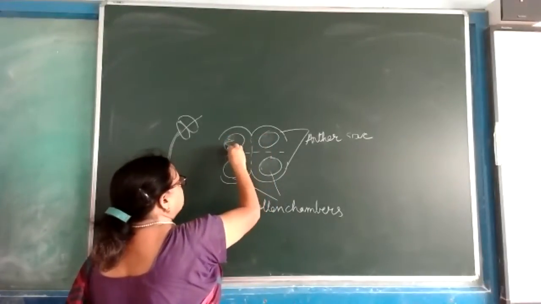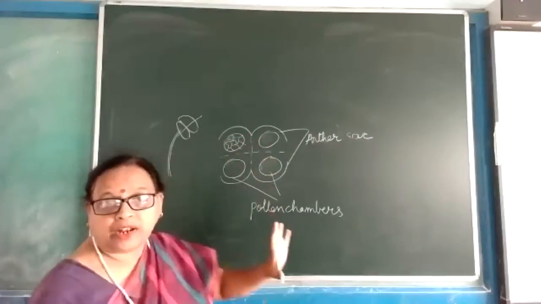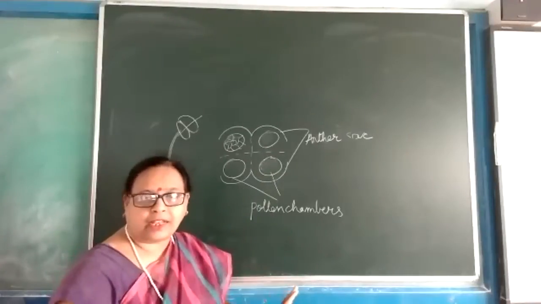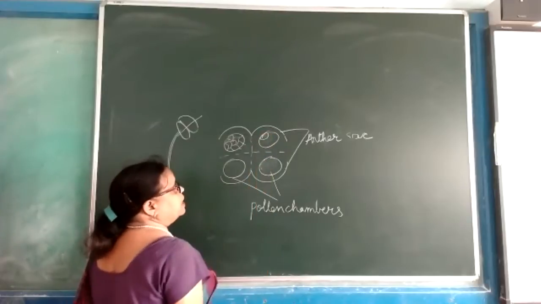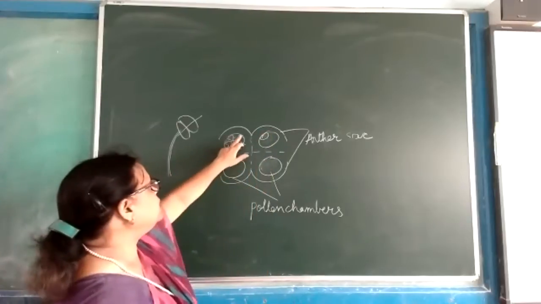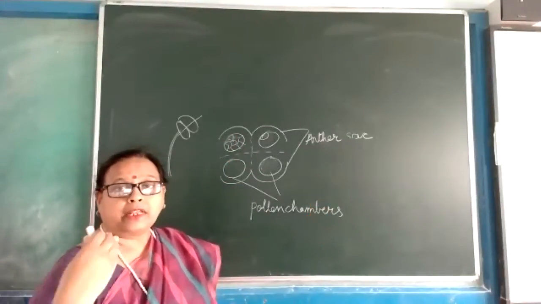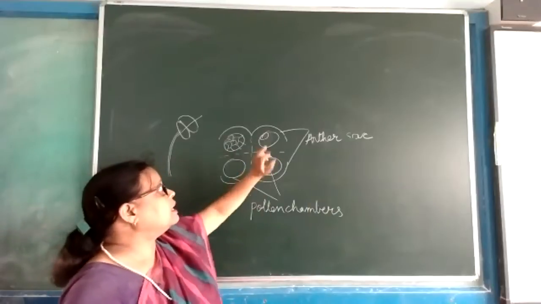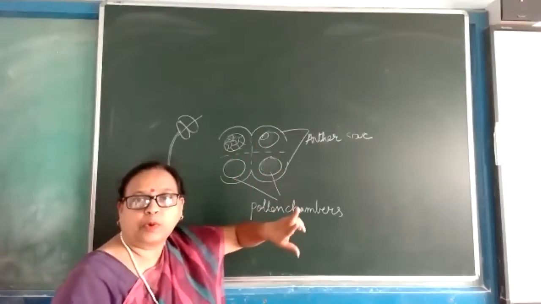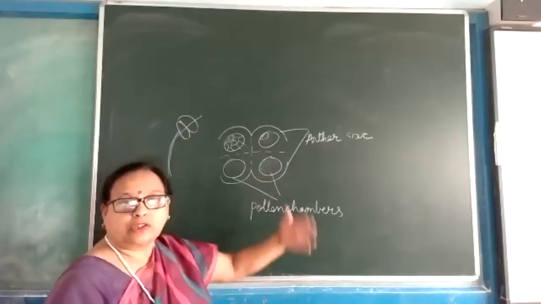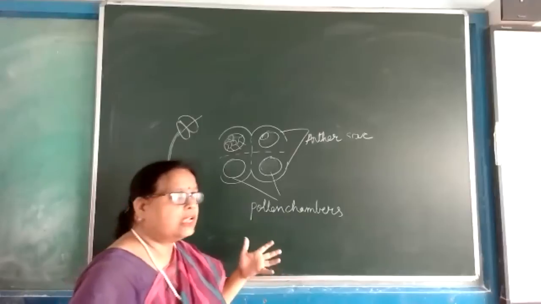Earlier, this is filled with tissue cells, parenchyma cells. One of the parenchyma cells will become the microspore mother cell. The nucleus of this microspore mother cell does not split all, only this one is becoming the microspore mother cell. And this microspore mother cell will undergo meiotic division and it will produce the